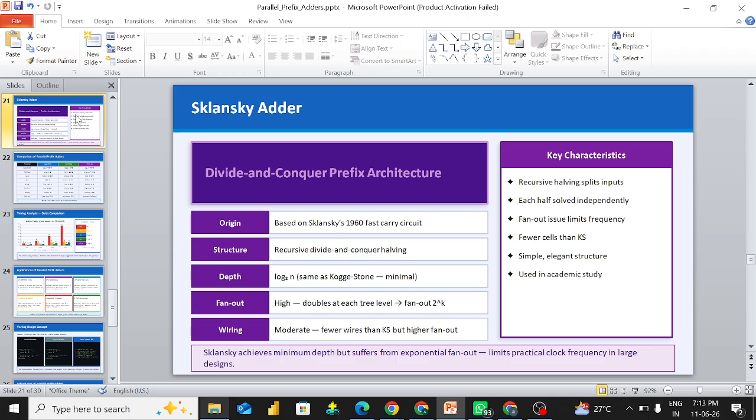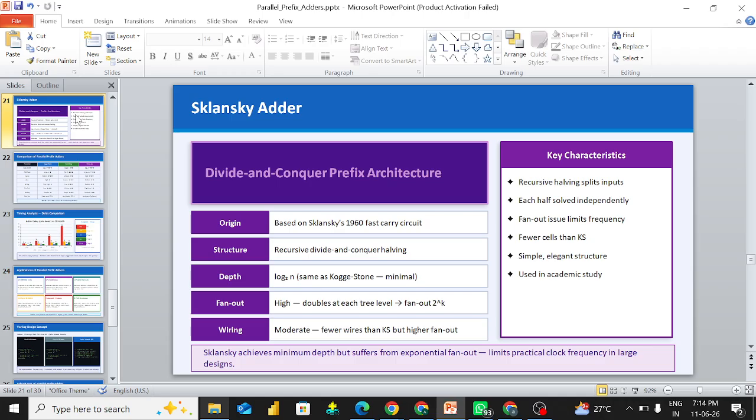So that is the meaning of divide. After dividing, you need to split again, right? If you split this again, how are you going to split? You are going to split that 0 to 3 into two parts: the 0th and 1st bit as one group, and the 2nd and 3rd bit as another group, and the fourth and fifth bit and the sixth and seventh bit as another group. Okay,